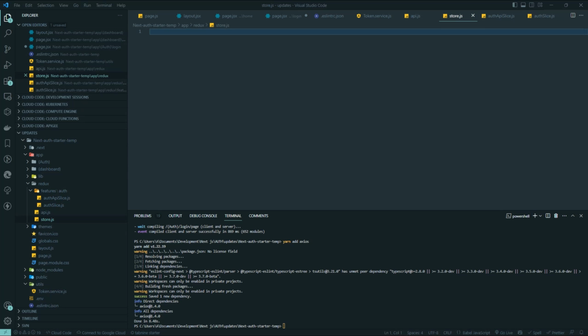And then I'm just going to paste the code. Then one other thing I want to mention is that Redux is a client application. It runs on the client, not on the server. So most times, when we are working with Next.js, you might need to include use client in